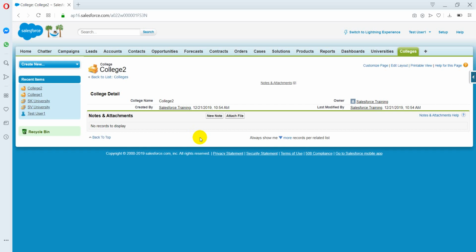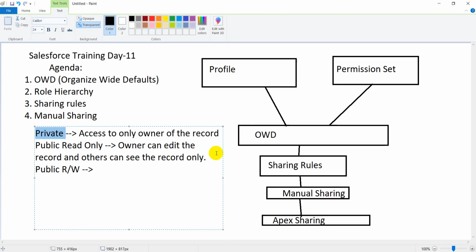Very important point. This is called sharing rules. We have seen the OWD, manual sharing, and sharing rules. Now let's see what the role hierarchy is. There is a role. So what is a role? See, usually if you take any organization,